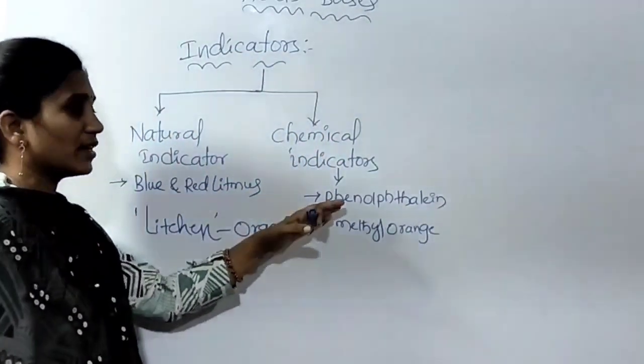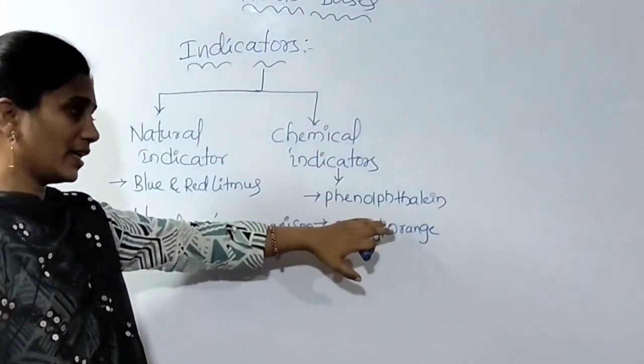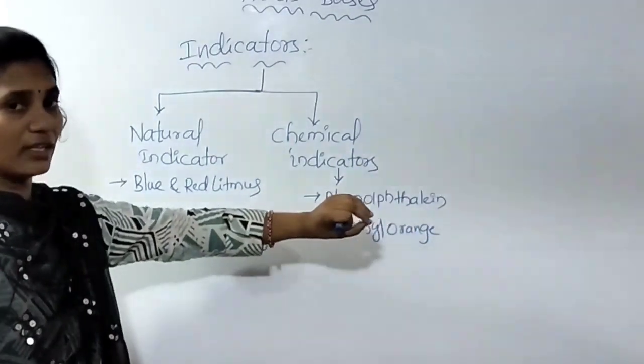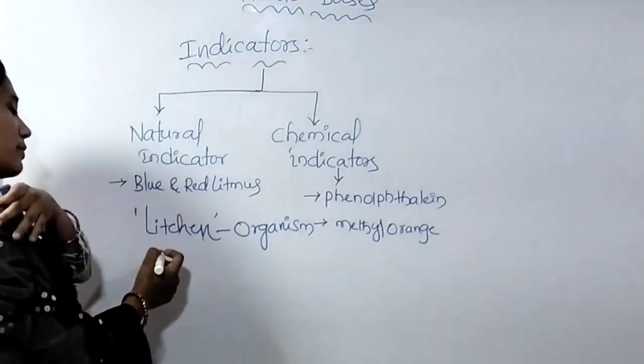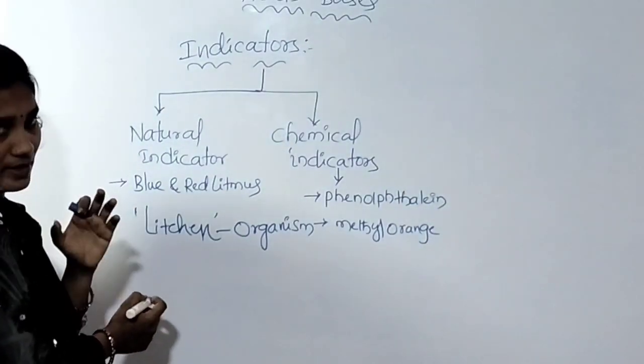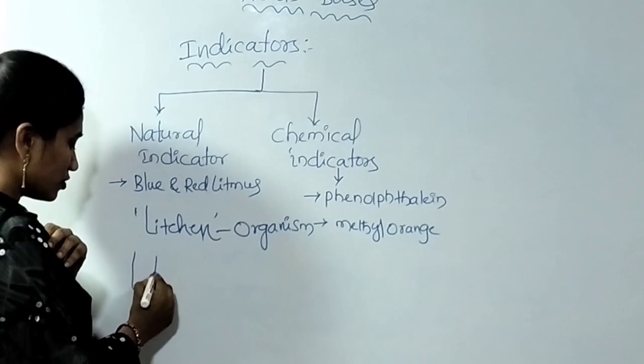Okay? So these are two chemical indicators which we can see in the laboratory. These are prepared in the laboratory. Then how are the blue litmus paper and red litmus paper helping us? Now let us see. For example, if you take any unknown solution,